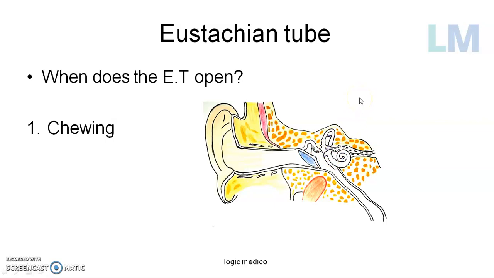So are there other movements when the eustachian tube can open? If you said swallowing, then it is a correct answer. Whenever we swallow either food or a liquid or the saliva, during that time the eustachian tube opens. So when it opens, it can ventilate the middle ear and mucus can come out of the middle ear. One more event is there during which the eustachian tube opens. Any guesses?